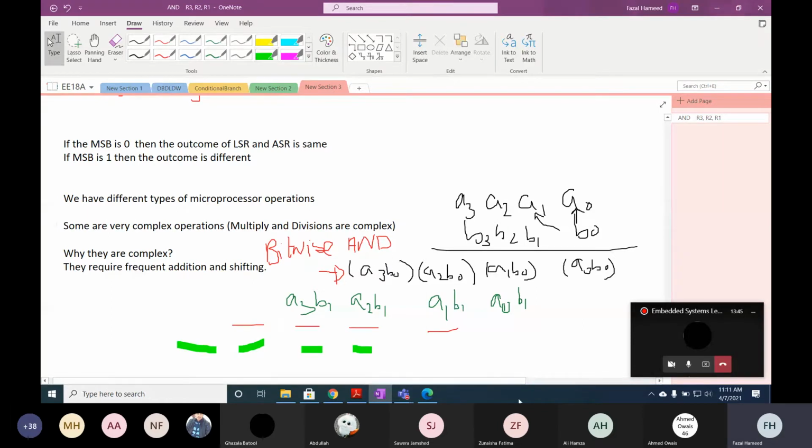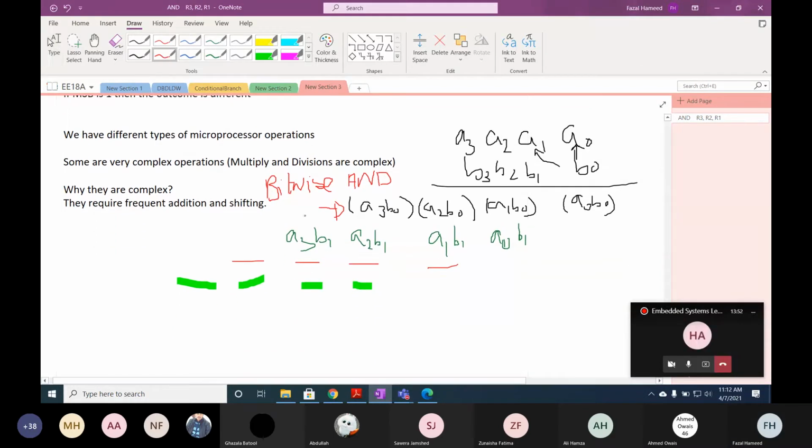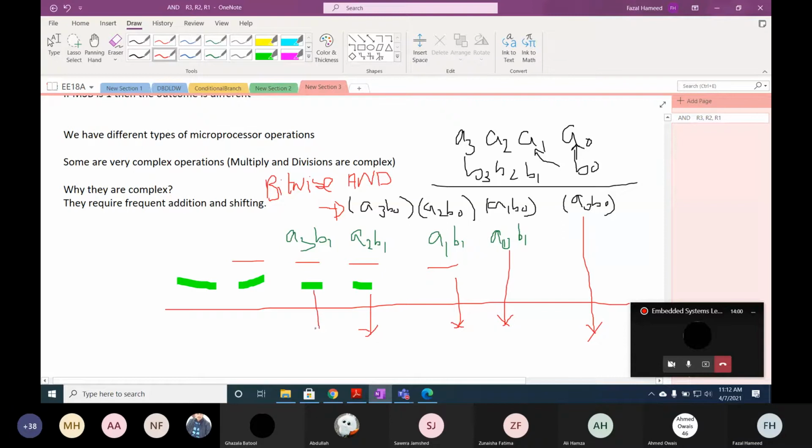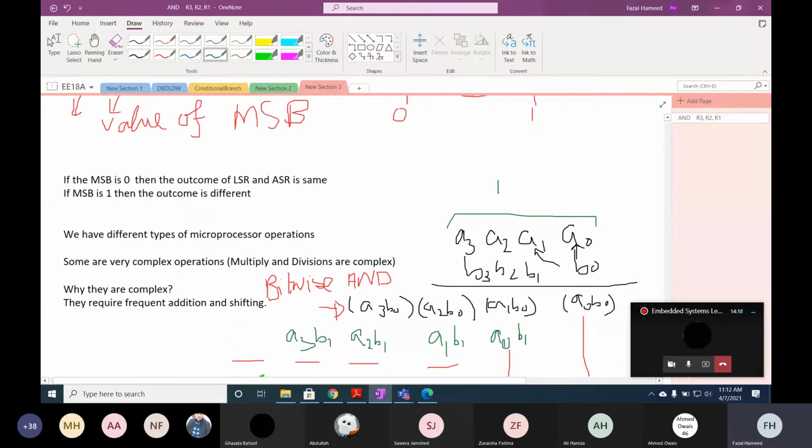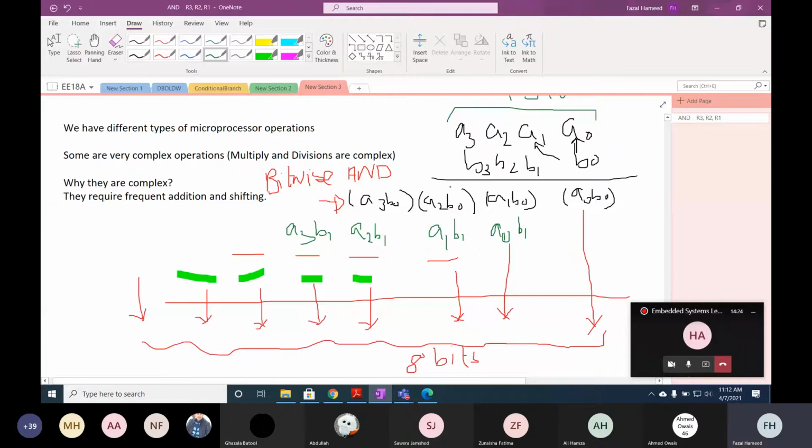When we perform all of these operations, what do we do now? The first bit, the second bit, the third bit, the fourth, fifth, sixth, seventh bit. How many bits are there in total? Can anybody tell how many bits should be there? 8. Why 8 bits? We already studied that if we multiply two n-bit numbers, the result will be